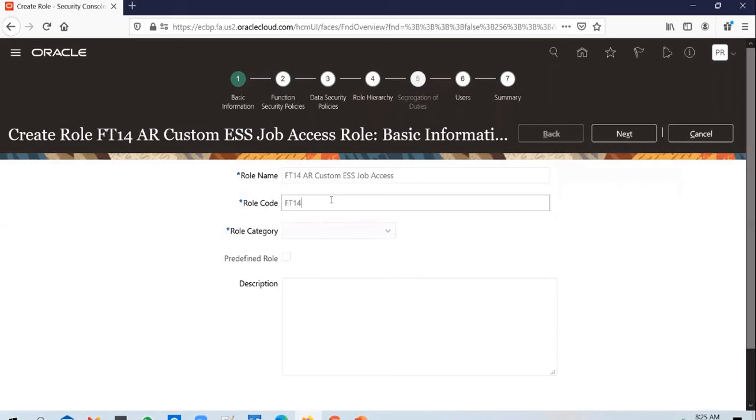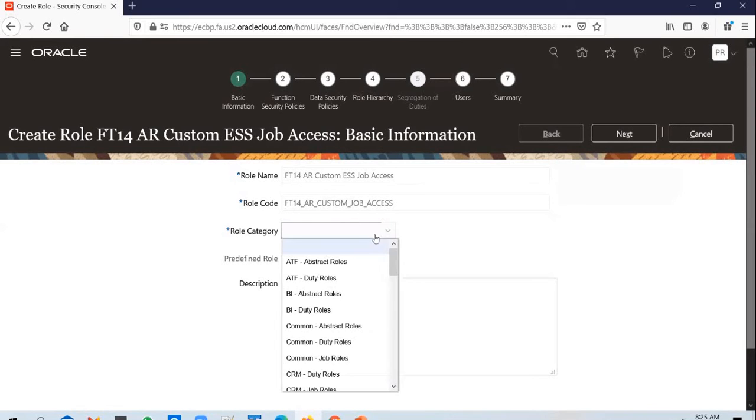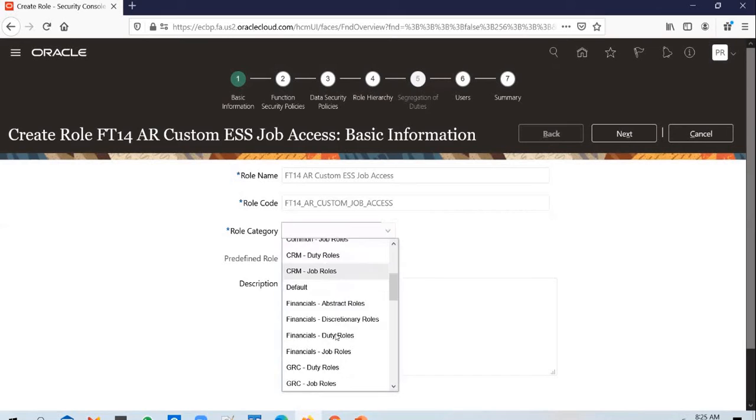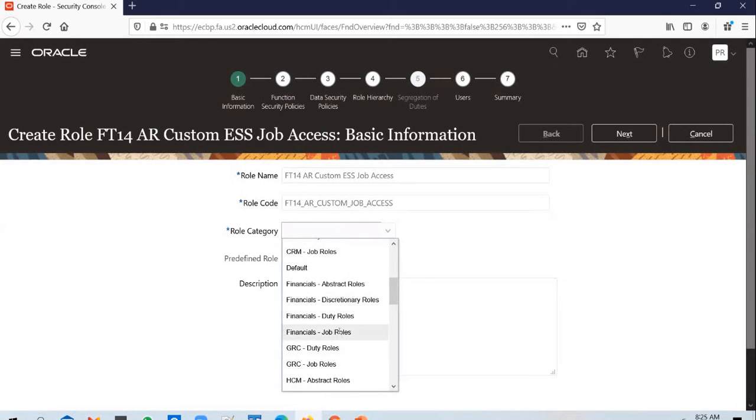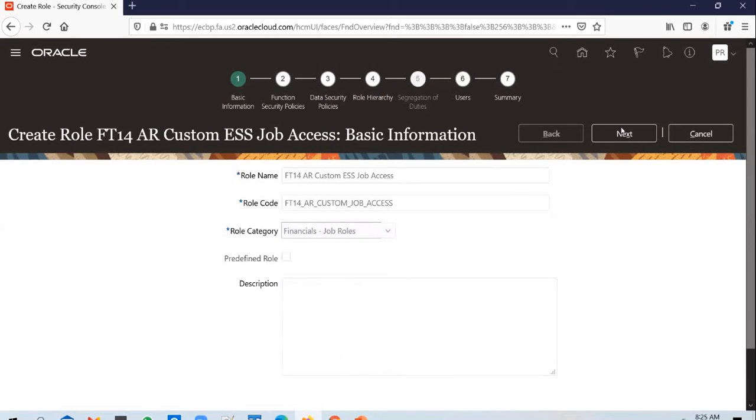You don't need to mention that. You can say FT14 custom job access, and you need to select the role category. Since it's a financial related one, select financials job role.